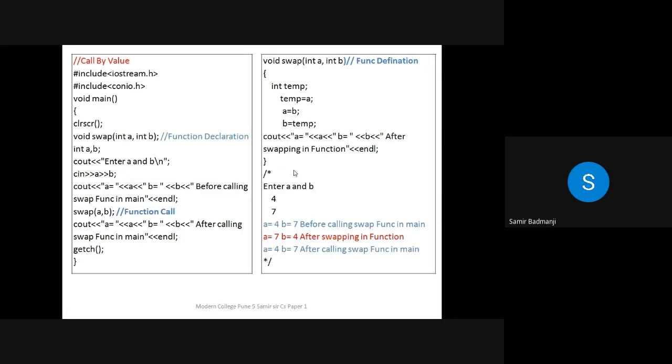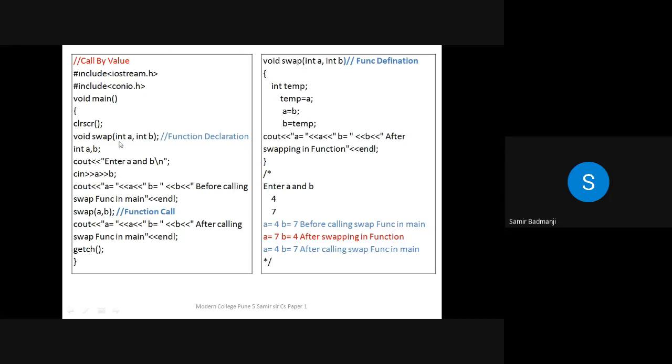All of you can recollect that we had used this last year. Call by value, swapping of two variables. The last two programs of 11th. Yes or no? Yes, you can hear me. Yes, can you hear me? Yes, sir.